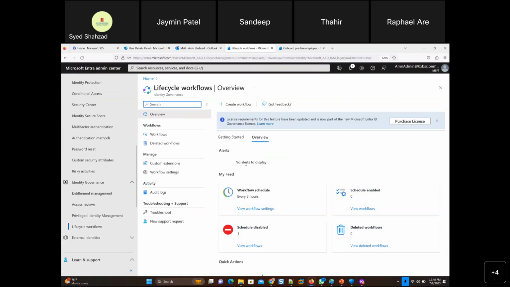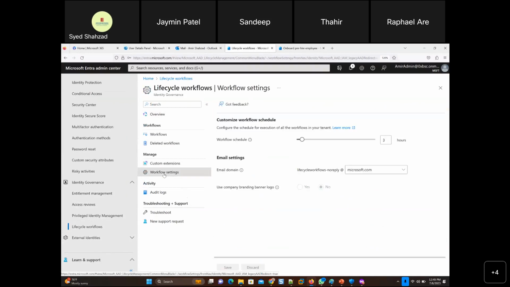Okay, guys, this is workflow, and I'll definitely be telling you, this was not really mature in previous courses. This feature was not really perfected by that time, but now they have perfected it: workflow schedule, email settings.